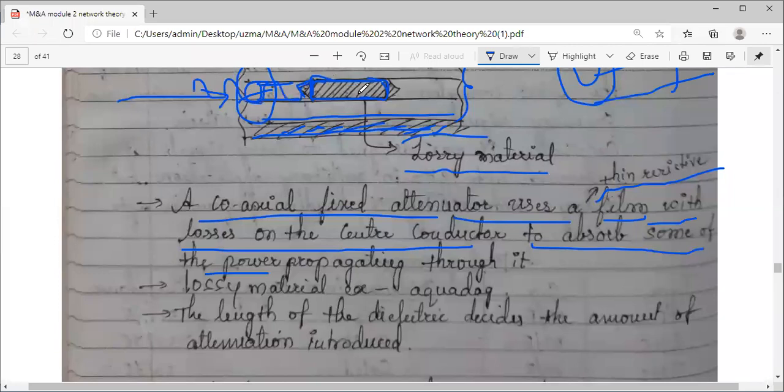Okay, assume करो ऐसे wave जा रहा है, it will encounter this lossy material. So what this material does, it will absorb some power when a wave is propagating through it.